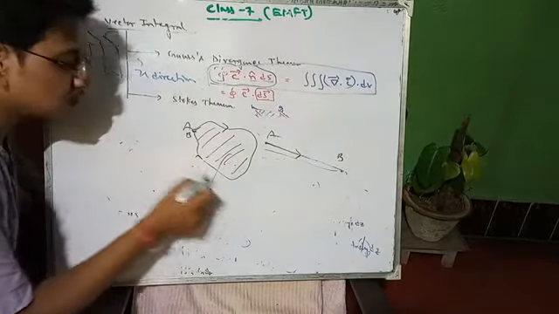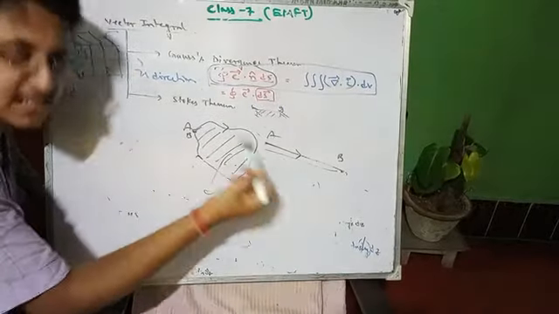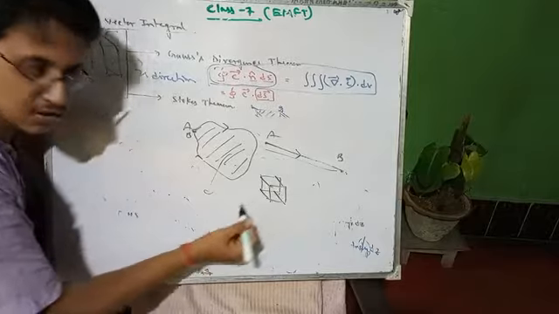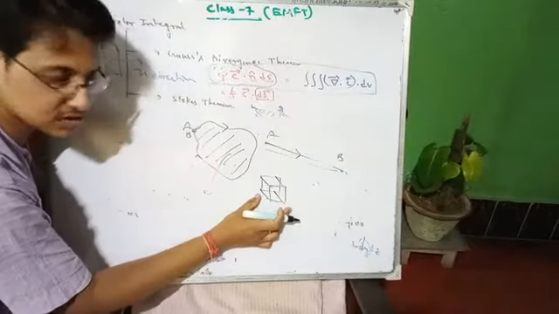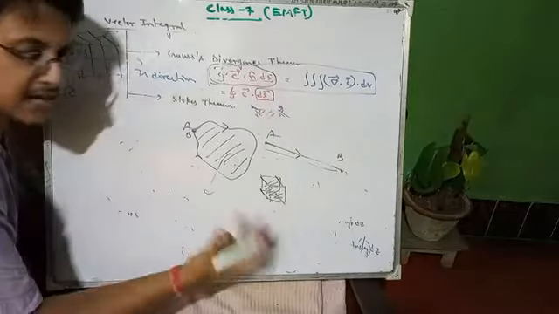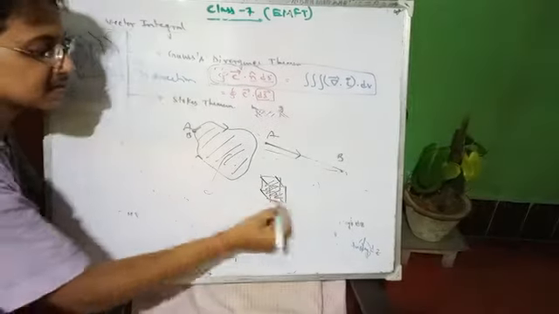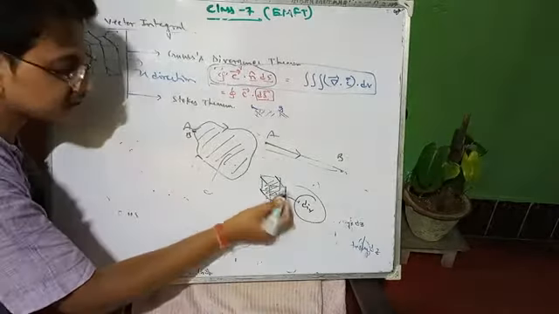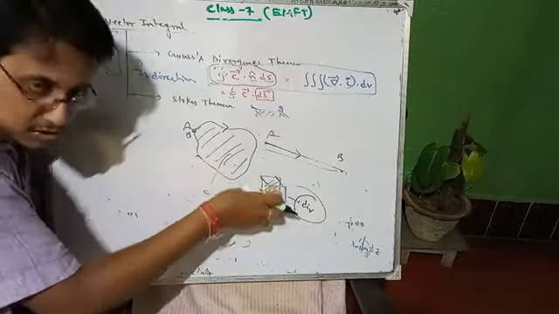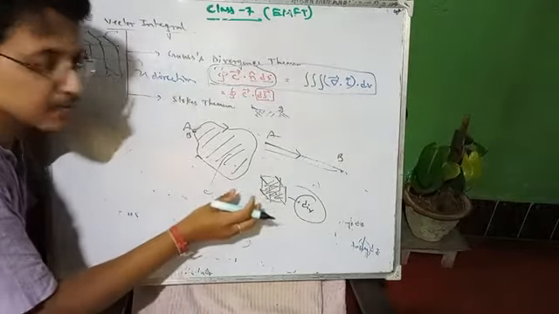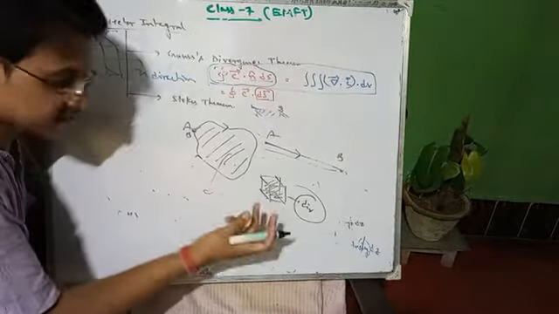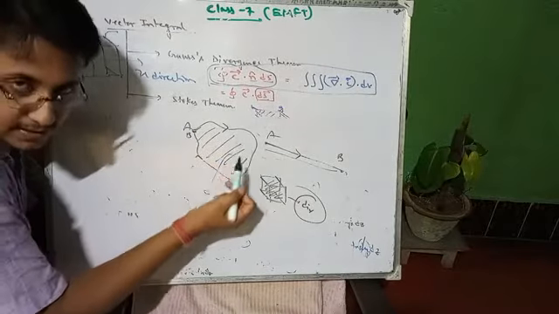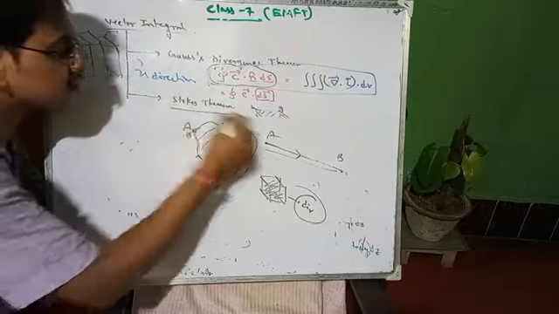If a line is closed, a surface will be generated. Similarly, when a number of surfaces are closed, a volume is generated. This is the divergence theorem: when a number of surfaces are bound or enclosed, a volume will be generated. And here, if we close a line, then a surface will be generated. So this is the concept for Stokes theorem.